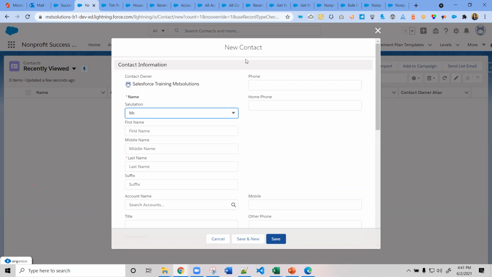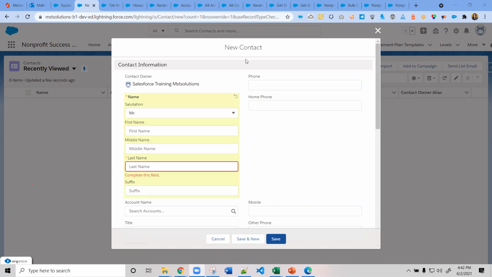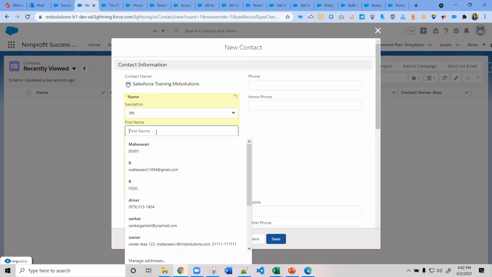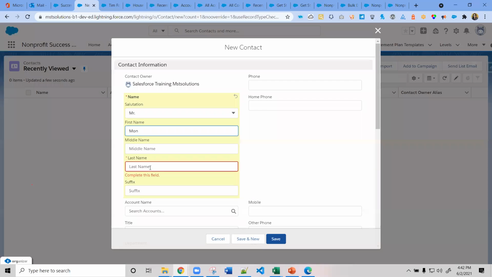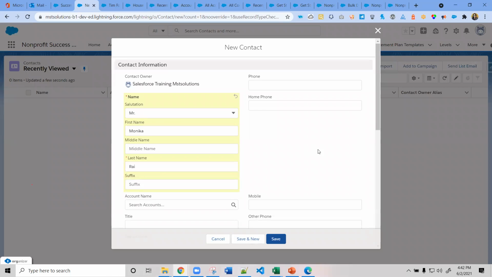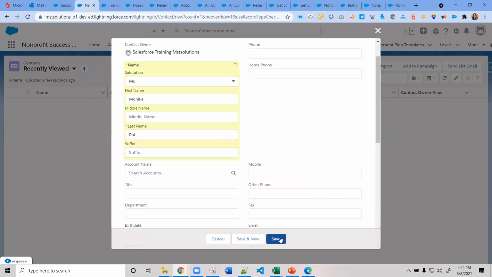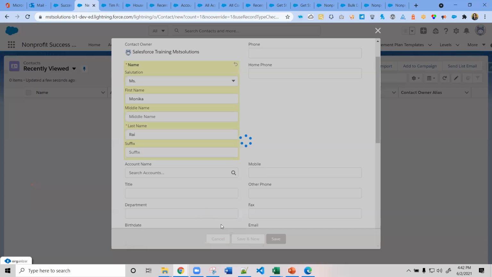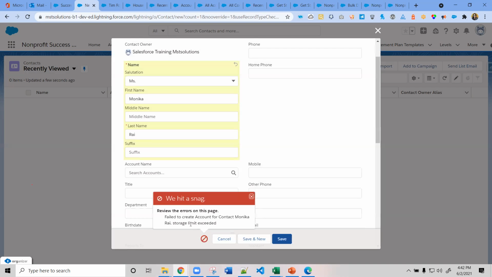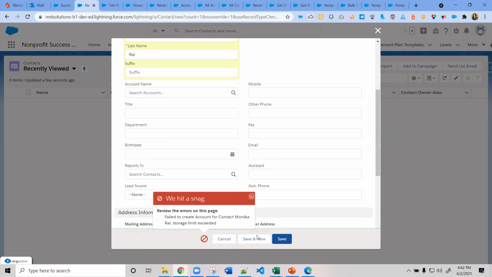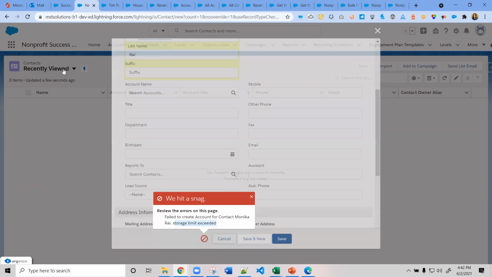So for example, we can take some name here, Monica Rai. So I am going to give that. If I click on save, okay, I will delete one record.